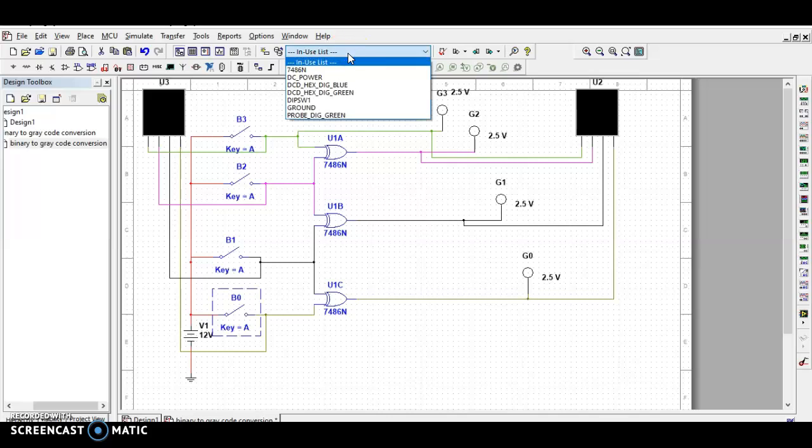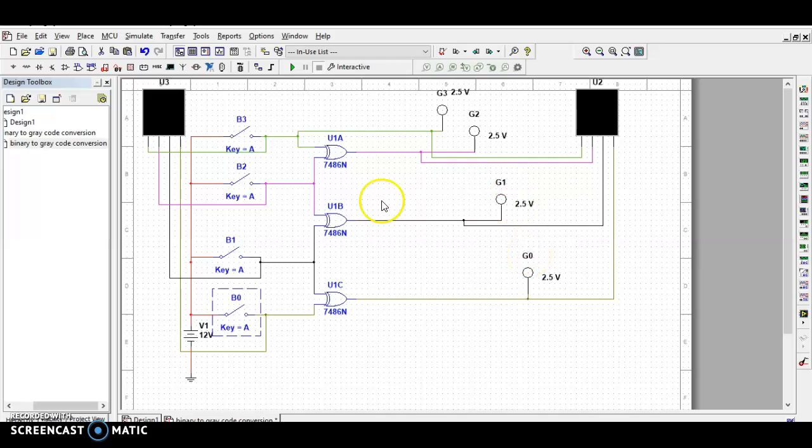For simulation, I am using components like 7486, which is an XOR gate, DC power, and DCD X digital blue for the input side, DCD X digital green for the output side. Ground is also used, and probe digital green is for the output side. Here B3, B2, B1, B0 are the inputs and G3, G2, G1, G0 are the outputs.